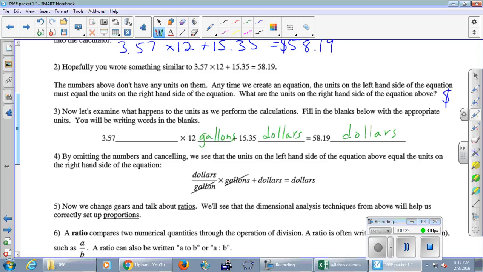Okay, now the hardest one. 3.57. Yeah, it's dollars per gallon. It's not $3.57. It's $3.57 per gallon. I can't just say gas costs $3.57 without all of us assuming that we are talking about per gallon, right? Is it $3.57 for a gallon, for a tank, for a thimble of gas? We have to know how much gas we are talking about. It is not dollars. It is dollars per gallon. So we're going to put that here, dollars. What mathematical symbol means per? Division. Dollars per gallon.